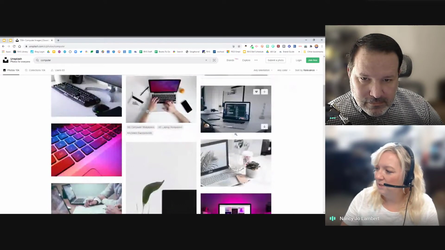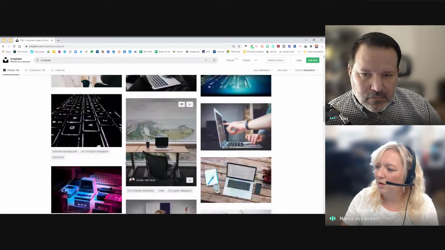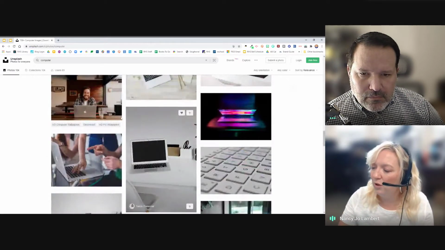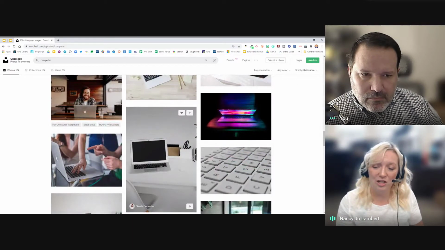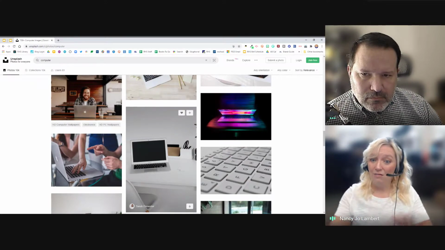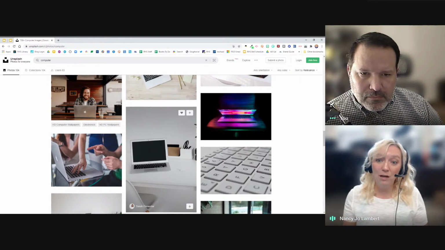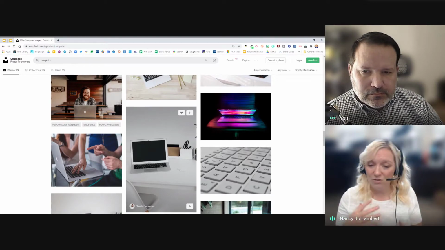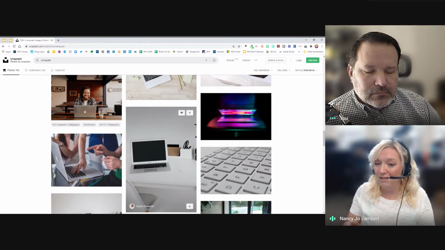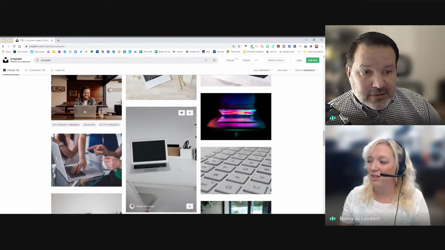And I love Unsplash because, like I said, the photos are sometimes a little bit artsy, but they're always so well done. They're very colorful. There are lots of photos with people, and the good thing about Unsplash and Pixabay and Photos for Class is that all the people in these photos gave their permission to the creator to share the photo. So if you need a picture of students and you're not sure about using pictures of your actual students, go to a site like this and get stock photos, because theoretically everybody, all the parents, has given permission to use their images.